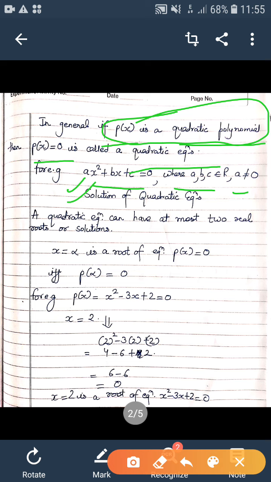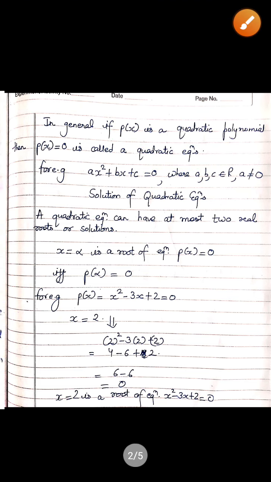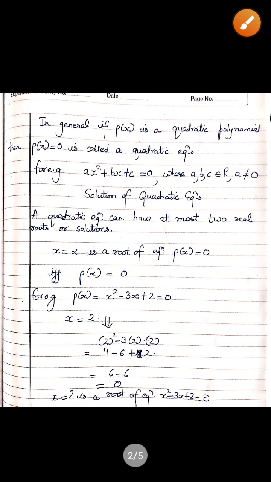So now, because we have framed the situation in the form of a quadratic equation, what are we most interested in? We are interested in finding the unknowns. How do we find the unknowns? By getting a solution. So in this chapter we will be dealing with how to find the solution of a quadratic equation by framing it. The solution of quadratic equations we have already studied in the lower classes. It can be by factorization, and one more method we are going to study here is by using the quadratic formula. So let us move to the solution of the quadratic equation.